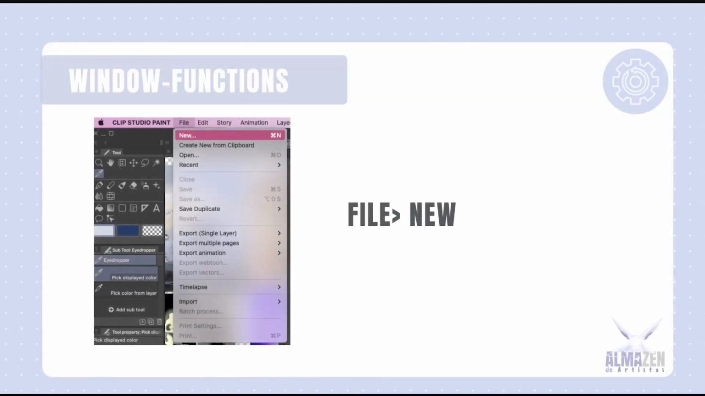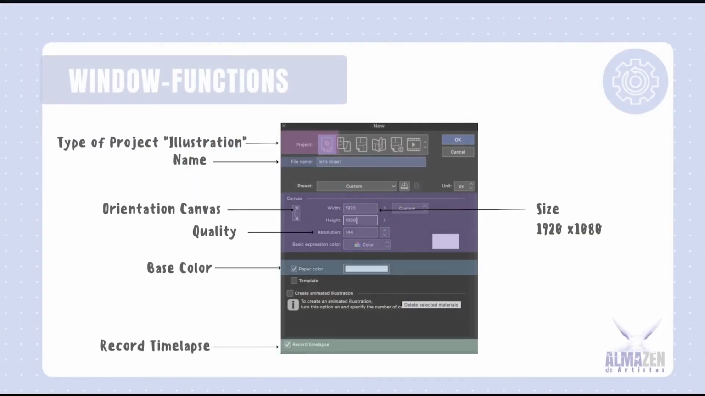So the first part will be about the window functions and creating your new file. Then for the window functions inside of these files, we're going to have the type of project, in this case illustration, the name, you can put whatever you feel connected with, orientation of the canvas is how you want the canvas to be, if horizontal or vertical, the size, generally I put it 1920 by 1080, in the quality I leave it in default like 144, then the base color I just let it be white, and record timelapse is an amazing feature that Clip Studio Paint has, in which you can select that and it's going to be recording the whole process